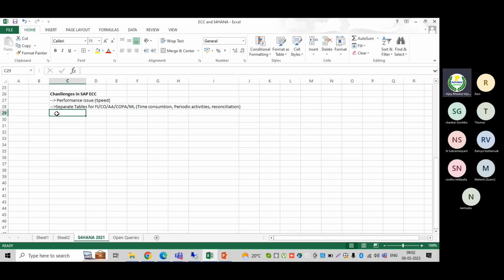Even if we perform the activities, there could be a chance that transactions might not be posted or performed because of the data volume. That could be the reason reconciliation is one of the biggest challenges in the ECC system. Then the next one would be